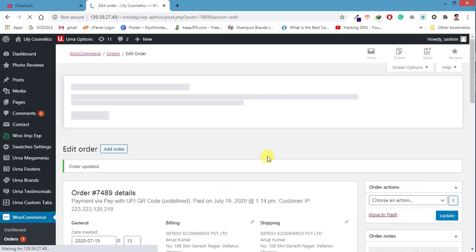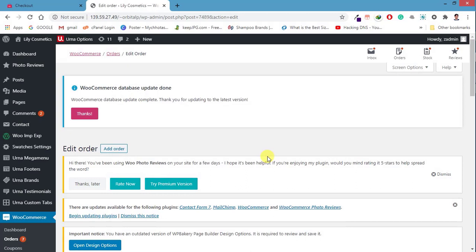The main benefit of this plugin is that you are giving your customer an option to pay the amount using their QR code. And one more important thing, there is no third party. It means you are not going to pay any extra amount or service charge to anyone. Suppose this is a 50 rupee product, so 50 rupees completely comes into your account, and there is no extra amount charged to your customer for the payment. Like if you use InstaMojo or some other payment gateway, they charge 2%, 3% per transaction. So here you can save money.